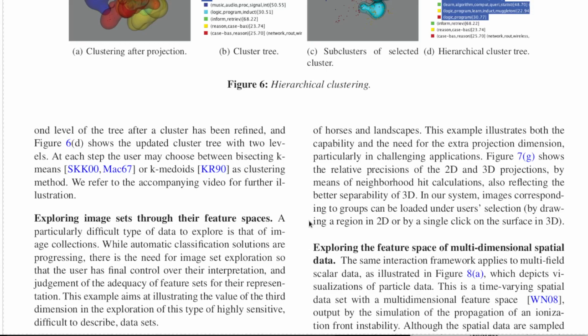Exploring image sets through their feature spaces. A particularly difficult type of data to explore is that of image collections. While automatic classification solutions are progressing, there is the need for image set exploration so that the user has final control over their interpretation and judgment of the adequacy of feature sets for their representation. This example aims at illustrating the value of the third dimension in the exploration of this type of highly sensitive,